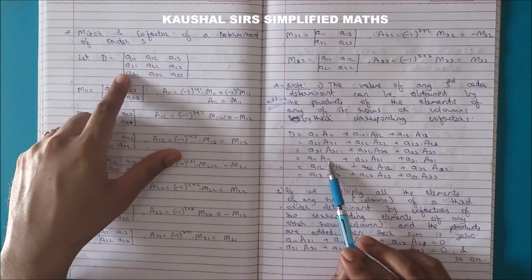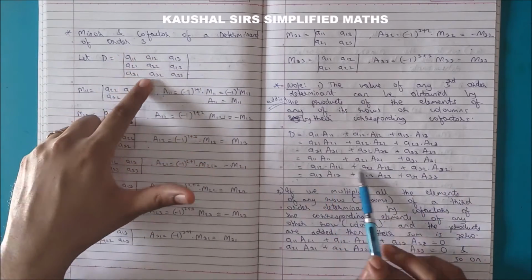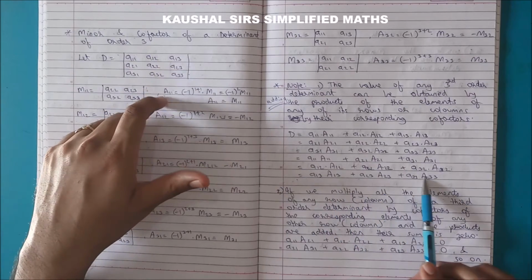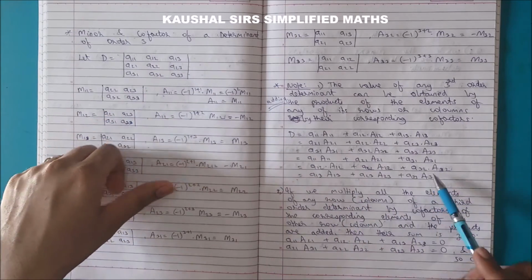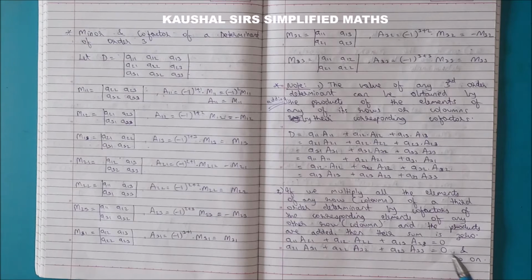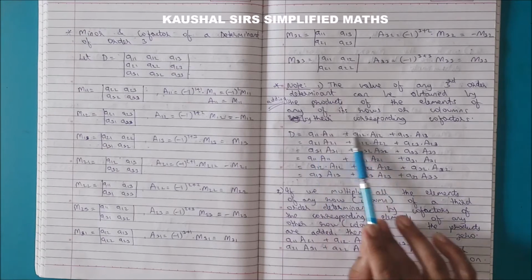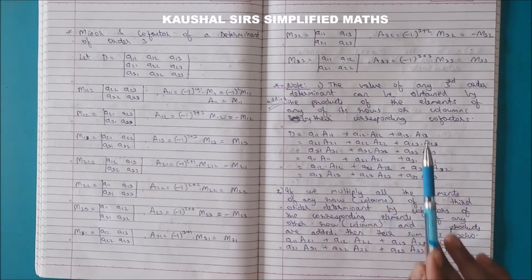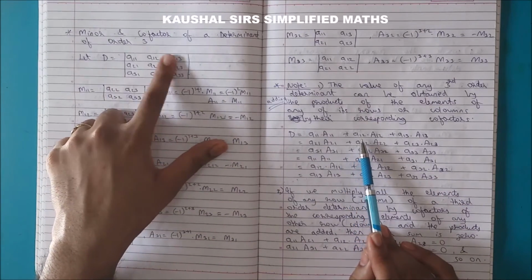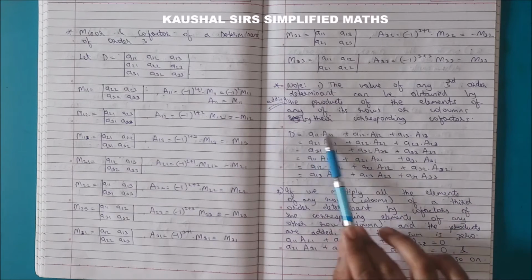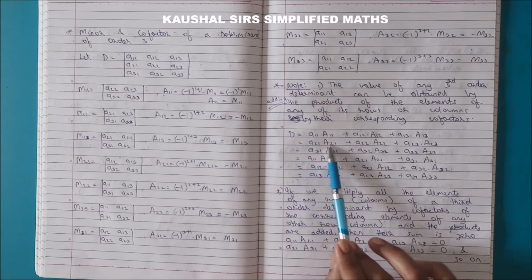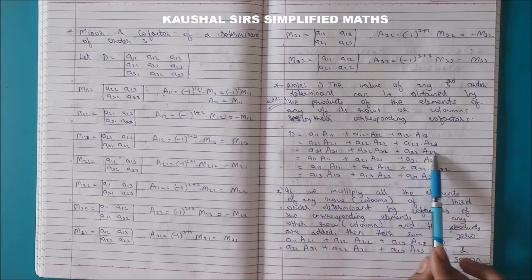You can take the first column as well, the second column, or the third column. If you take any of these, the value remains the same. Students, if you have understood, this first thing you see here is expanding the determinant along the first row. Do you remember, in the first lecture we studied how to find the determinant when you expand along the first row, the second row, or the third row.